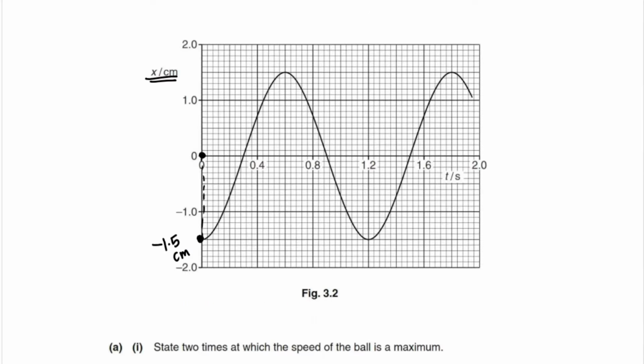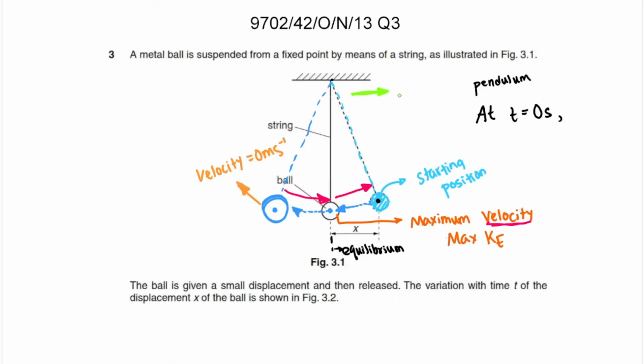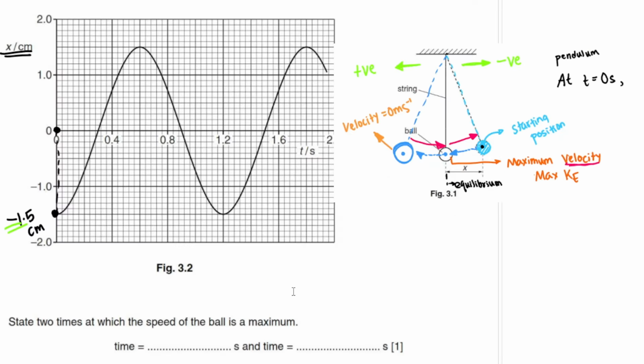From the graph, since the displacement shown is negative, we can say that displacement towards the right is negative, and hence displacement towards the left will be positive. At time t equals 0, the metal ball was displaced by x centimeters towards the right, causing its displacement to be negative, and then the ball moves